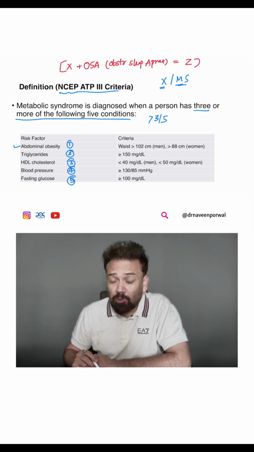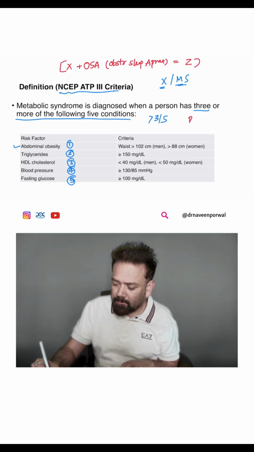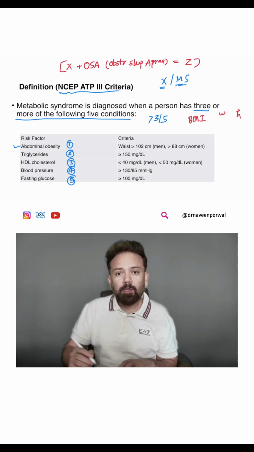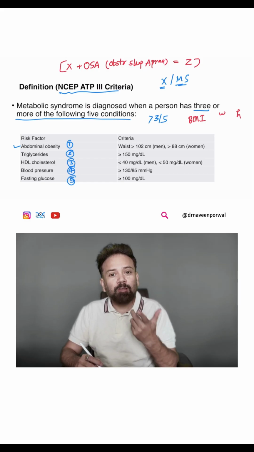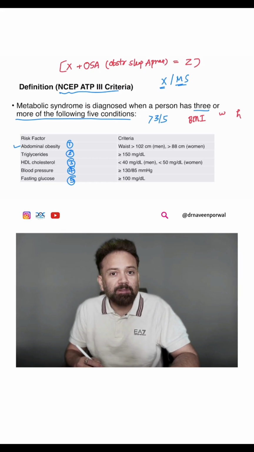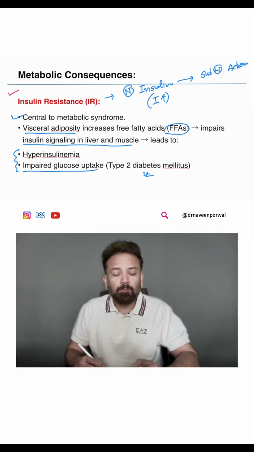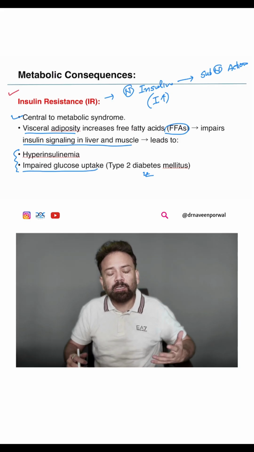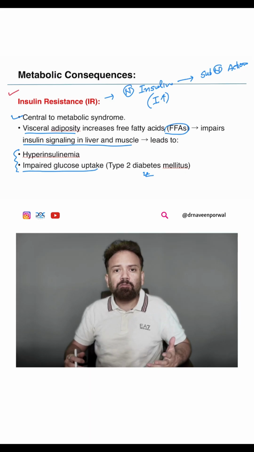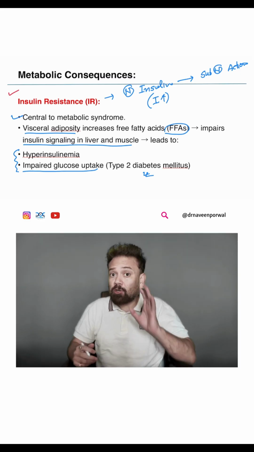So body mass index is not a good criterion, because suppose there are two persons, and body mass index utilizes weight and height. If both persons have the same weight and the same height, but one is muscular and the other is obese, both will have the same BMI. So how can you differentiate between them? No, it is always abdominal obesity. Suppose your weight is 100, but you don't have abdominal obesity. You are 6 feet 2 inches, having 90 kg or even 100 kg of weight, but you don't have abdominal fat. It is not that dangerous.